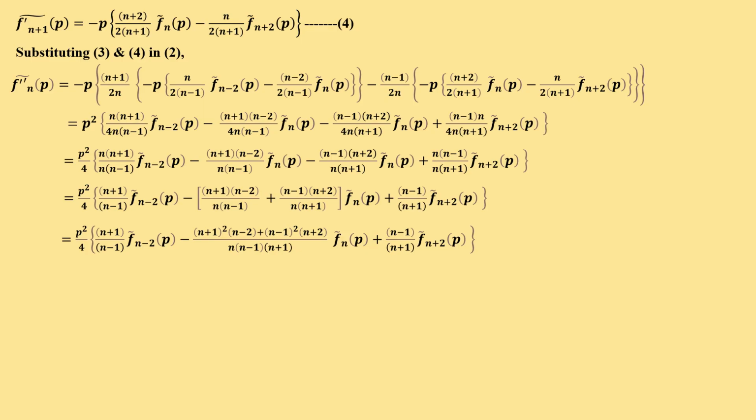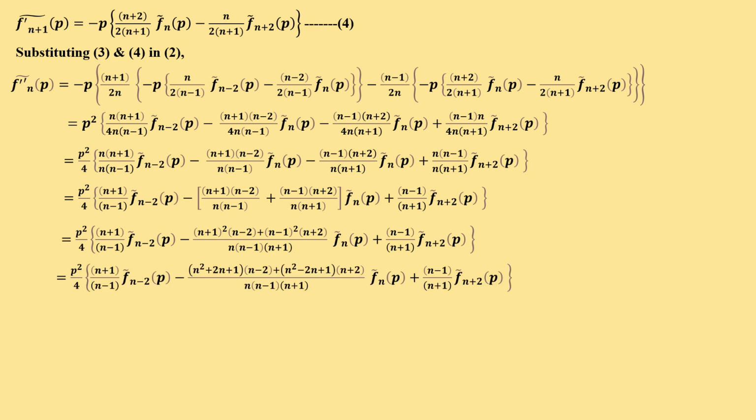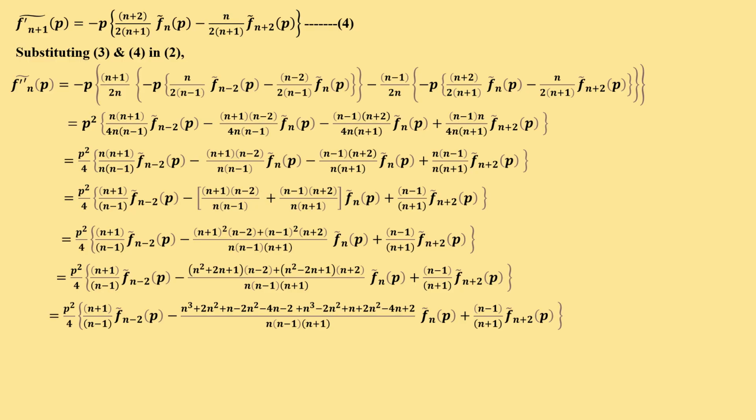n into (n minus 1) into (n plus 1), fn bar of p, plus (n minus 1) by (n plus 1), fn plus 2 bar of p, which is equal to p square by 4, (n plus 1) by (n minus 1), fn minus 2 bar of p, minus, using the (a plus b) whole square formula, (n square plus 2n plus 1) into (n minus 2), plus, now we are using the (a minus b) whole square formula, (n square minus 2n plus 1) by (n plus 2), whole divided by n into (n minus 1) into (n plus 1), fn bar of p, plus (n minus 1) by (n plus 1), fn plus 2 bar of p, p square by 4, (n plus 1) by (n minus 1), fn minus 2 bar of p, minus, so we are removing the brackets, we are